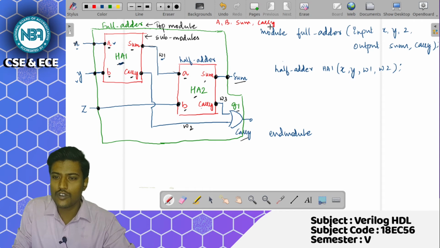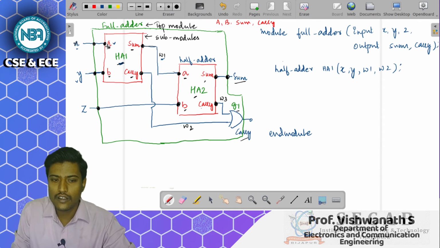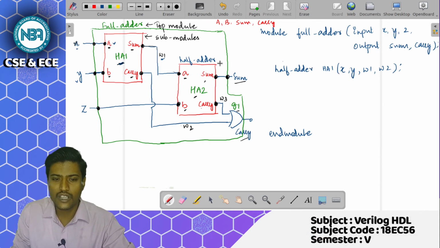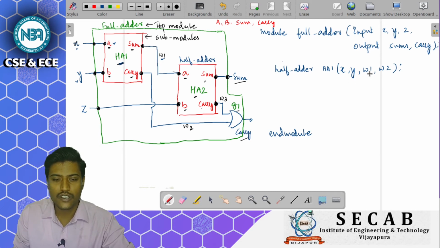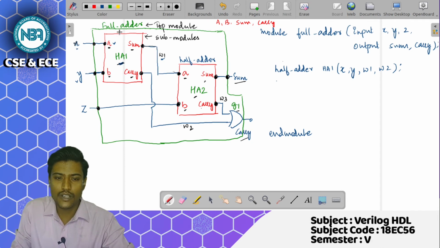So for A, X is connected, so I have written X. For B, Y is connected, so I have written Y. For sum, W1 is connected, so I have written W1. For carry, W2 is connected, so I have written W2. This part is done now.